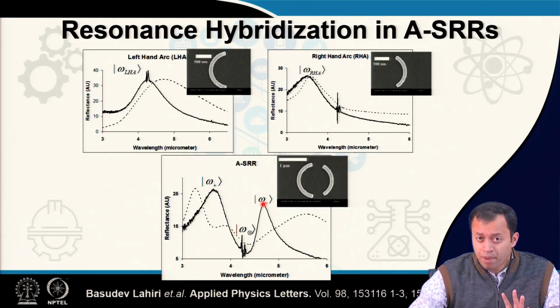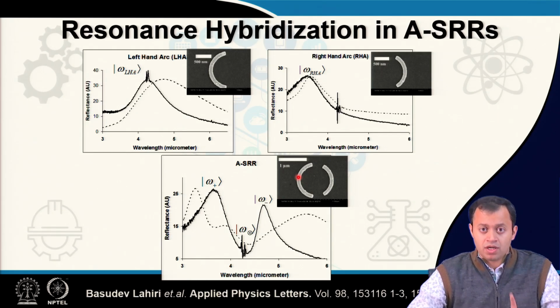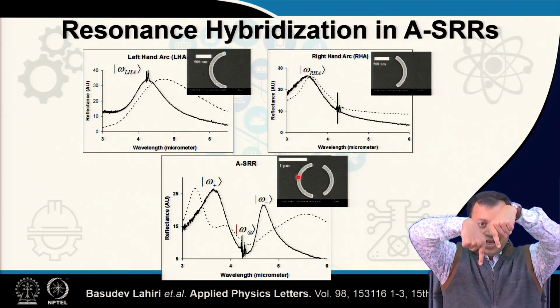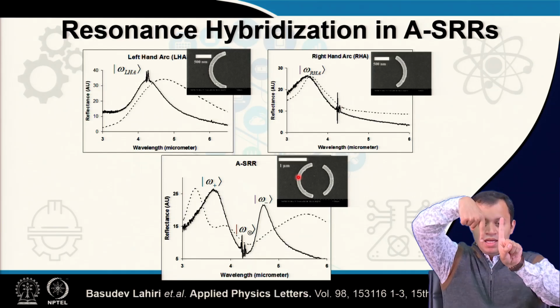There comes a particular case in between these two resonances where the strength of the signal is similar, but the directions are opposite. At one particular case, this is dominating and this is lagging. At another particular case, this is dominating, this is lagging, but then comes a particular case where they are equal